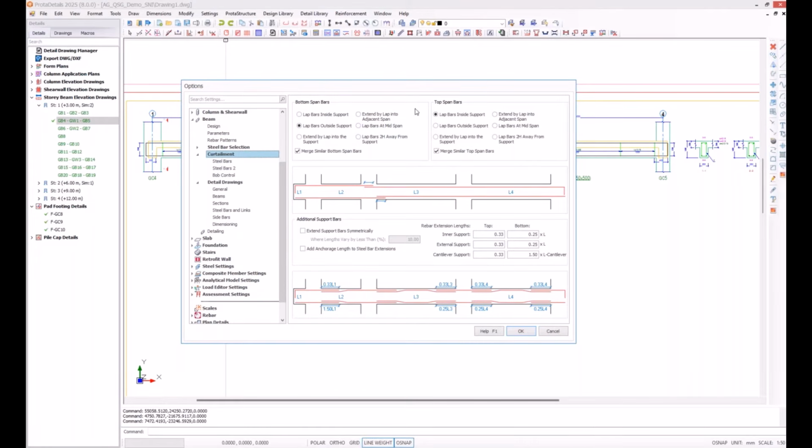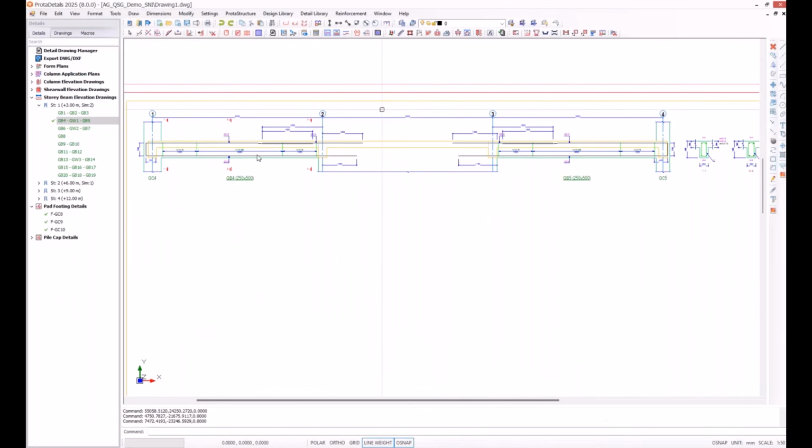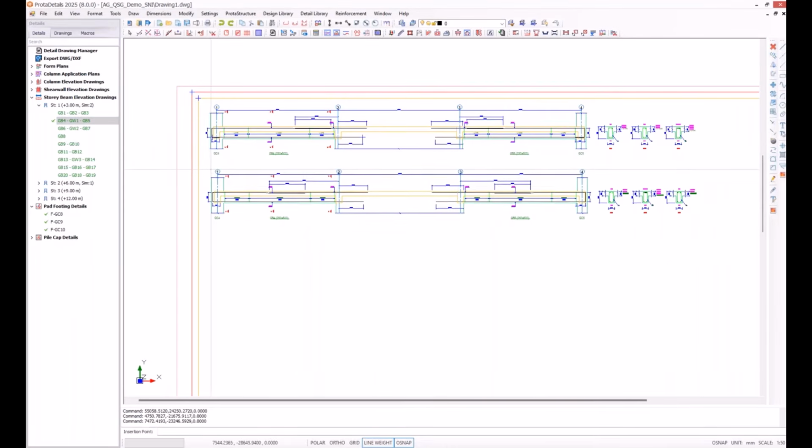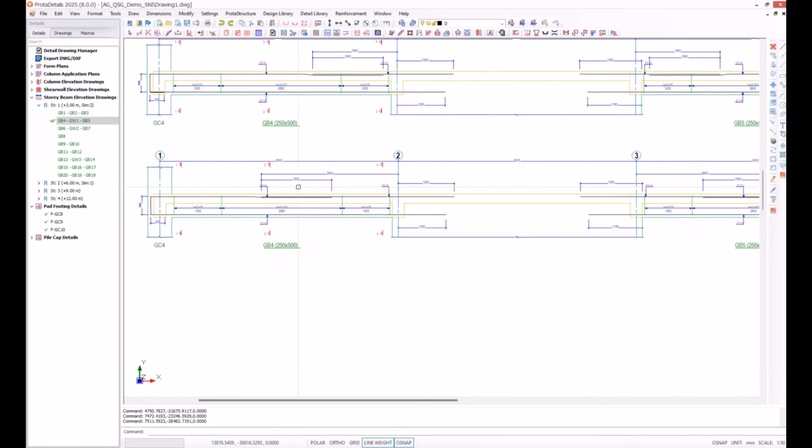Currently, we have 6 for bottom and we have 6 for top spans. And this is the new option that comes with the 2025 version, lap bars 2H away from support. And if I select it for both, let's say, and let's draw this specific axis again, we see that actually these splices have been created at least 2H away from the support.